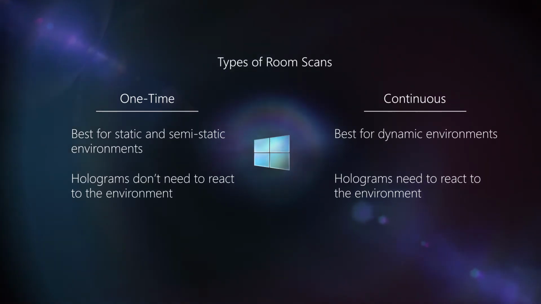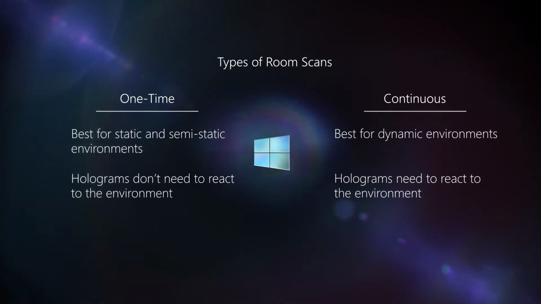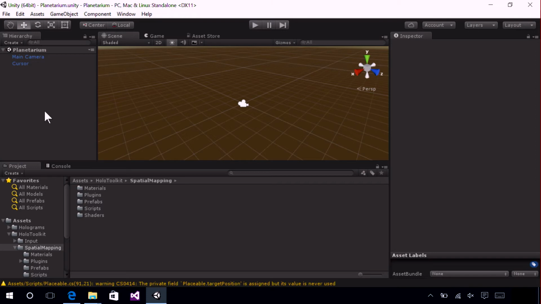So in our class today, we're going to be doing a one-time scan because we do want to do some processing later on in the course. So the first thing we need to do is actually add our spatial mapping component. You can find that in the Holo Toolkit folder, prefab section, and drag and drop the spatial mapping object into